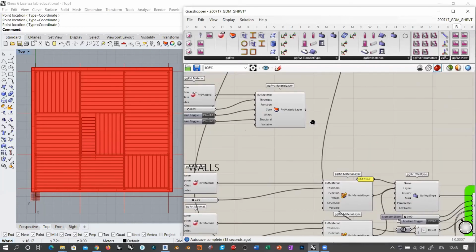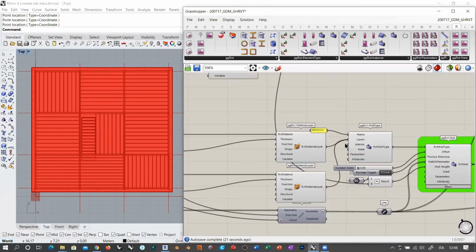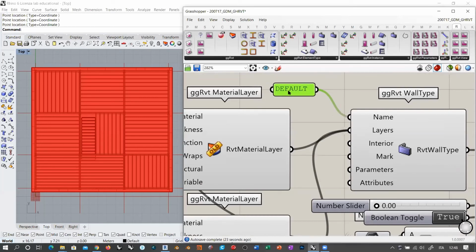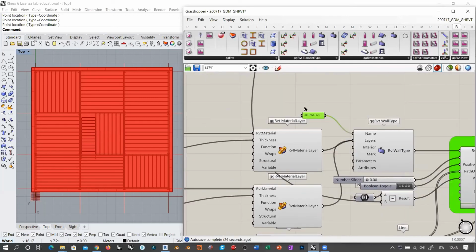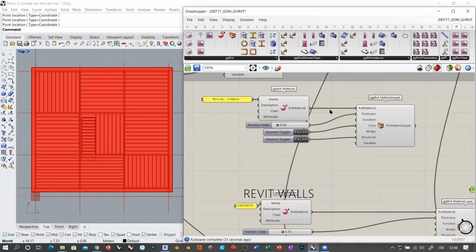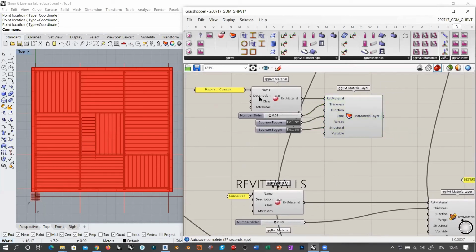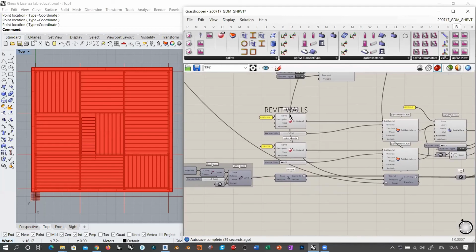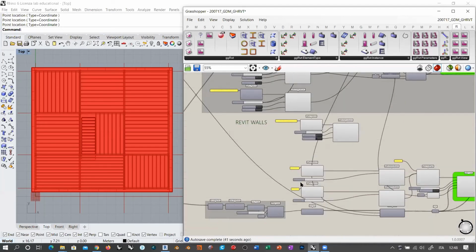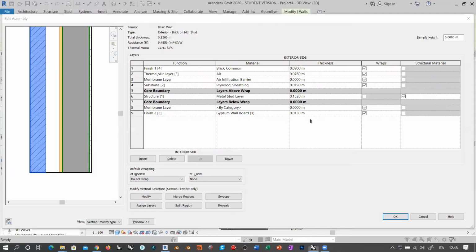because it is actually not possible to create a wall by defining the family. Maybe, or maybe we can give it a try and see what happens. But no, let's not waste other time. So let's complete this in a safe way. So this is going to be the first layer, and then I'm going to move this here, and then I'm going to create, let's keep, thermal air membrane layer. Let's place a substrate,